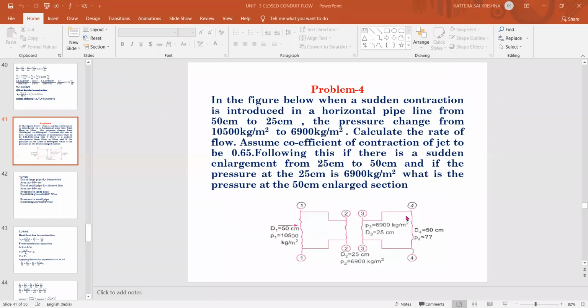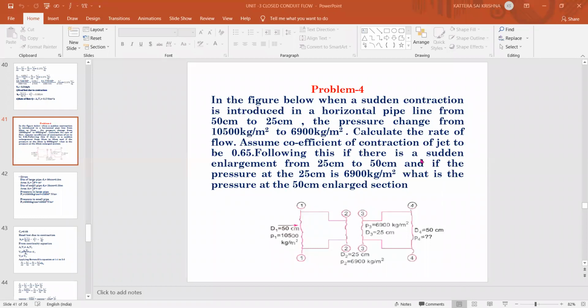Two side pipes are there, with the larger diameter of 50 centimeters, and the smaller pipe is connected in between these two. So what we will do here is take two parts: section 1 for this part where it is sudden contraction, and one more part where it is sudden expansion. So two things we need to do here. We need to divide the pipe into two segments, and then we'll use Bernoulli's equation at the two parts under sections 1-1, 2-2 and 3-3, 4-4.